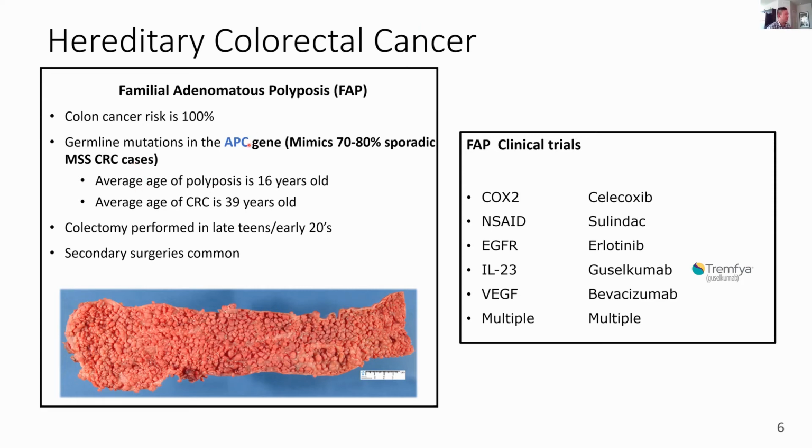They have the germline mutation for the APC gene. Nearly all of them will get cancer in their 20s and 30s, and as a result, in their late teens or early 20s, they will get a colectomy to prevent colon cancer